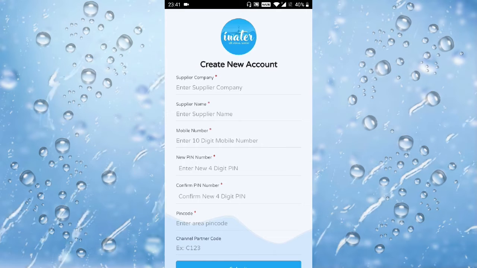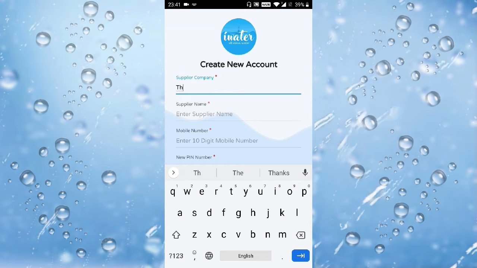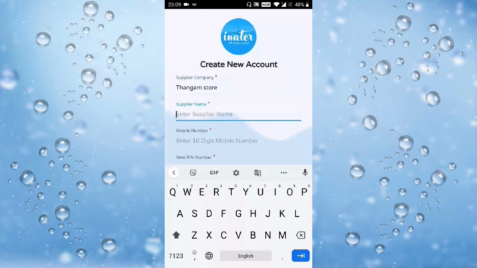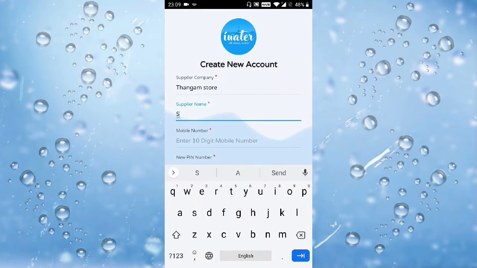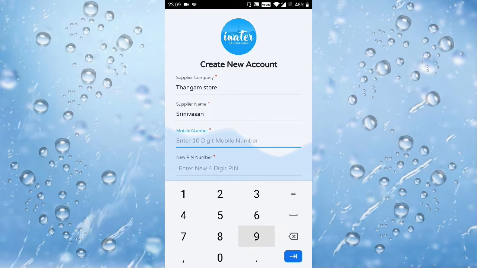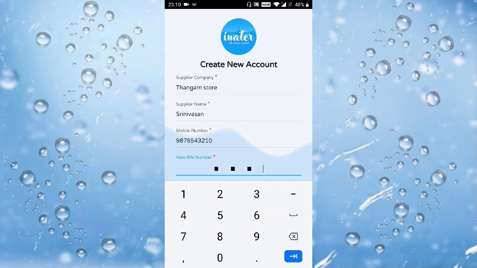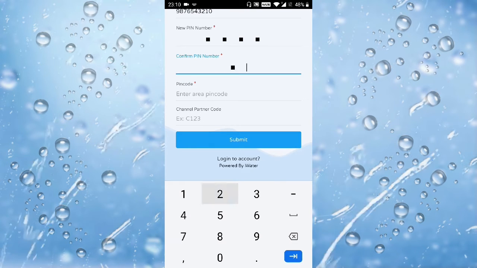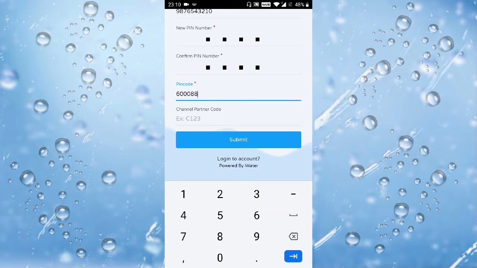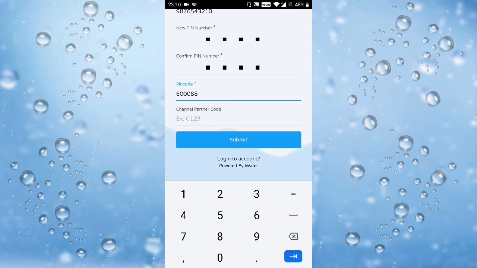Here it asks few basic information such as company name, supplier name, mobile number, PIN number, PIN code of the user to login into the app.